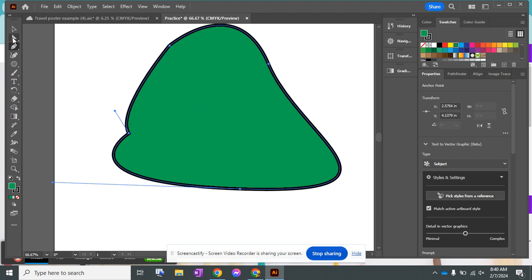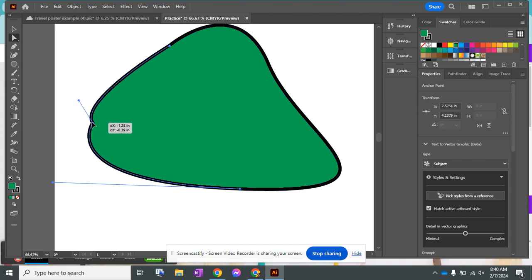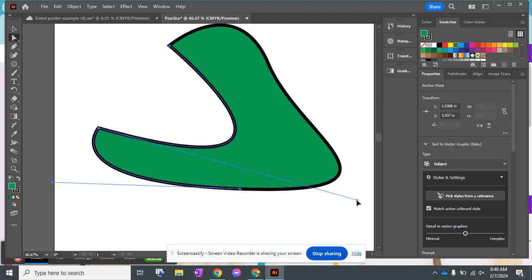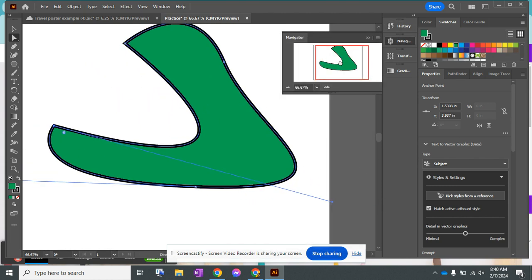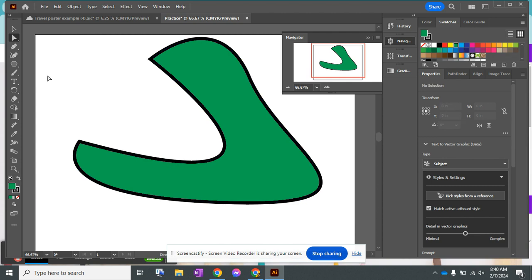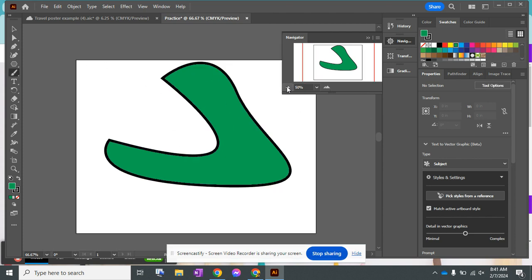If I want to edit any of those points, of course, I can go back to my direct selection tool and move them and fix the curves to make new shapes. So that's a pretty cool shape that I made here with the pen. And you can tell that it's still very smooth. So I suggest the pen because you can see the smooth quality of the graphics that we're trying to go for. If I were to create this same shape with our brush,